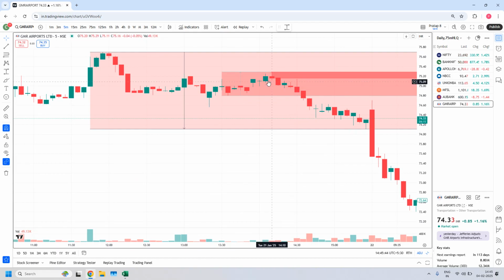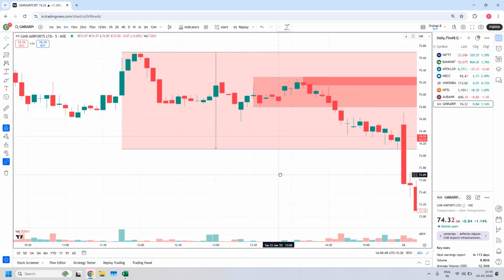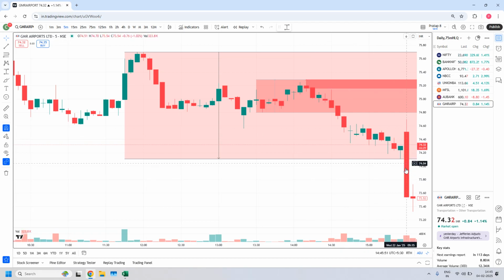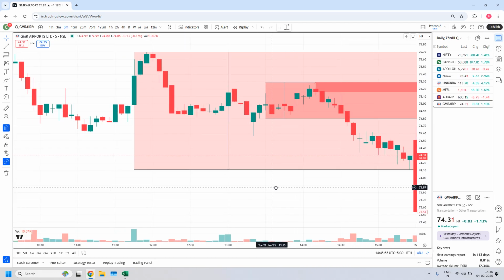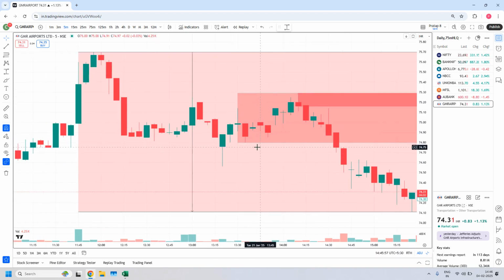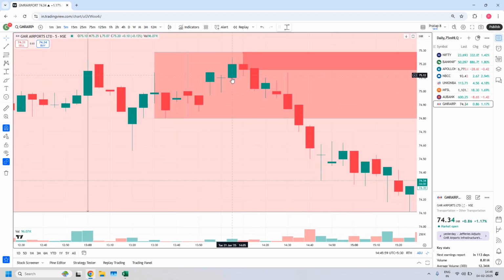See, all these, you won't see any proper zones, but hide this bigger candle. This is a highly explosive candle. See how they are changing our views on the charts. Now you will understand. You have a rally candle, you have a base candle, you have a drop candle: rally base drop, and also